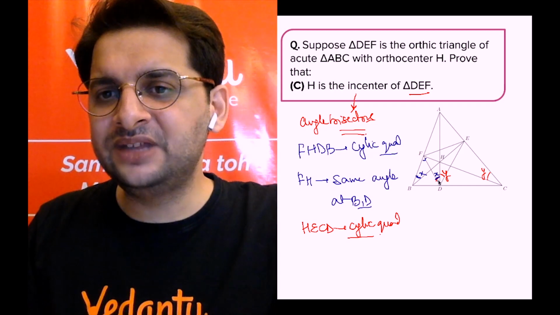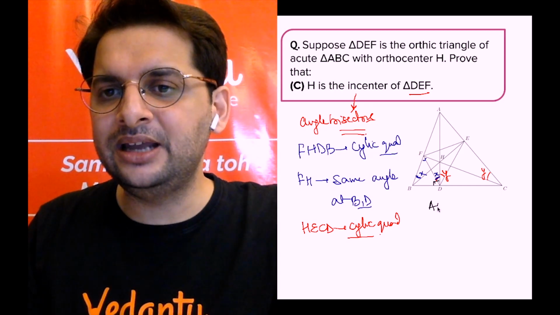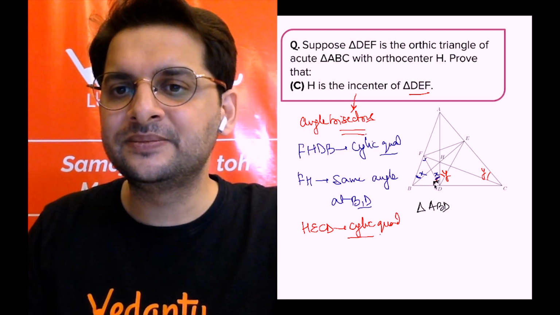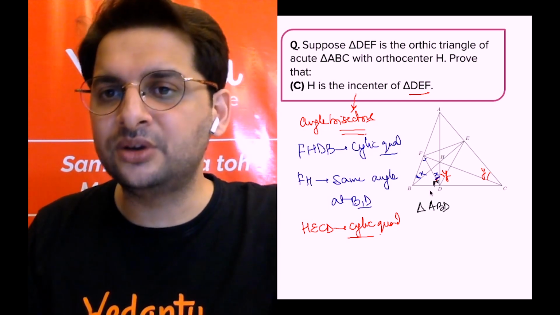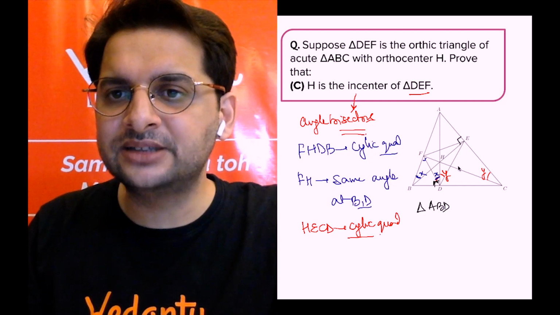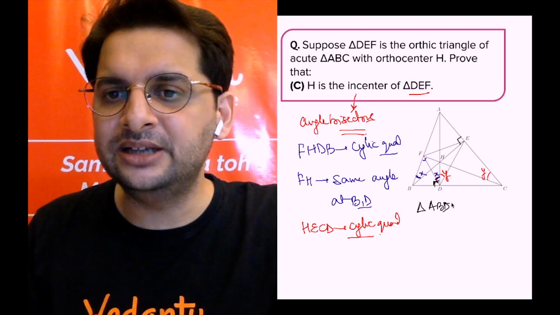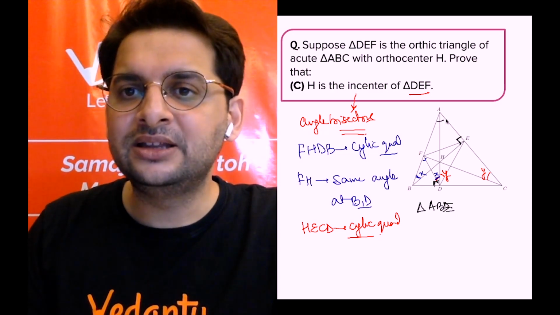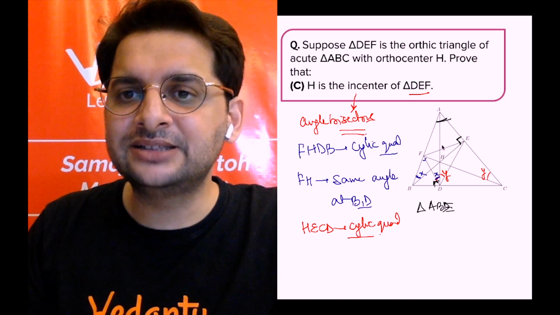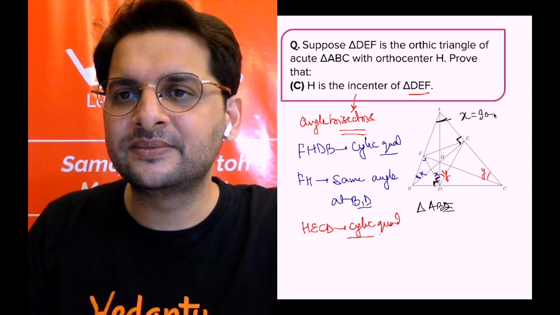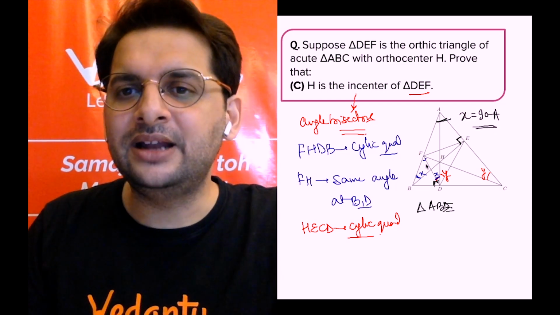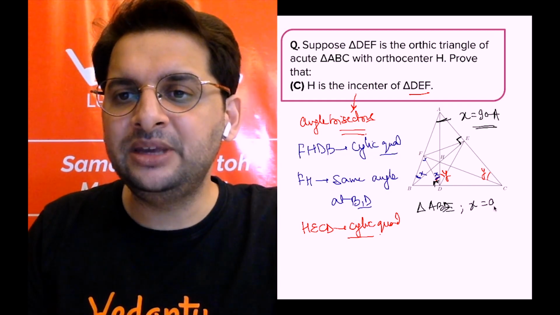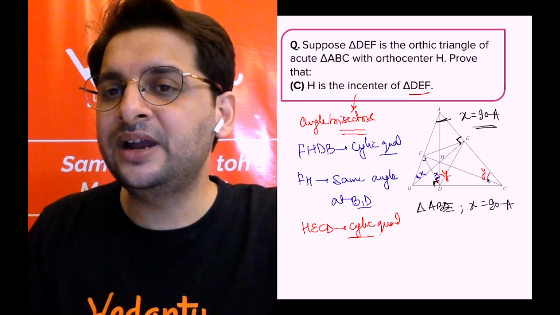angle chasing. So if this is 90 degrees, if we consider triangle ABD, angle D is 90 degrees. Okay, let us change the triangle. Let us consider ABE instead. In ABE, this is 90 degrees. This whole angle is A. So can I say X is 90 minus A? Angle X is 90 minus A, if we consider triangle ABE. And how do we find Y?